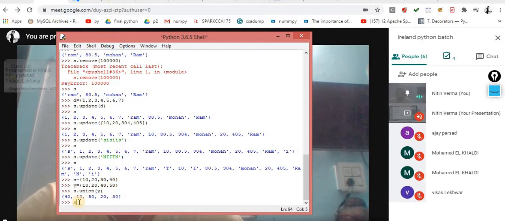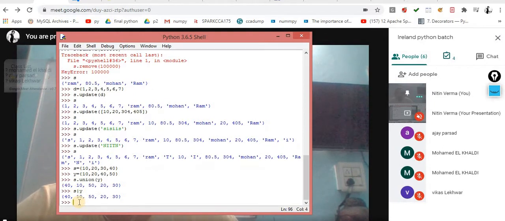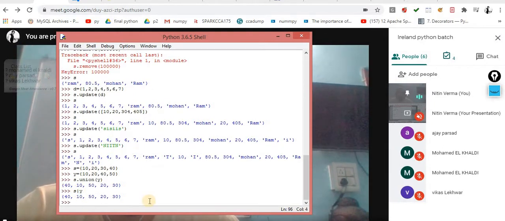Another way, the same thing can happen with this sign. The choice is again yours. If you want to use the method, you can use it; if you want to use the symbol, you can use the symbol. This is the pipe sign. You can check it on your laptop: above the Enter key there is this sign, the pipe sign. Press Shift and that key, and you will get the pipe sign.